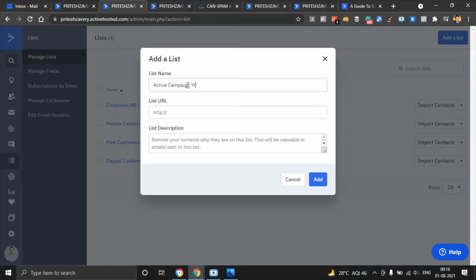ActiveCampaign YouTube viewers, and I can always put in the list URL, which will be my website. In your case, it will be your business website. So I'll say https://zaveri.com. The next thing comes is list description. As it says, remind your contacts why they are on this list. This will be viewable in emails sent to this list. That means your customers, your prospects, or your subscribers will be able to see as to why you're sending them this email. So for example, I could say you are